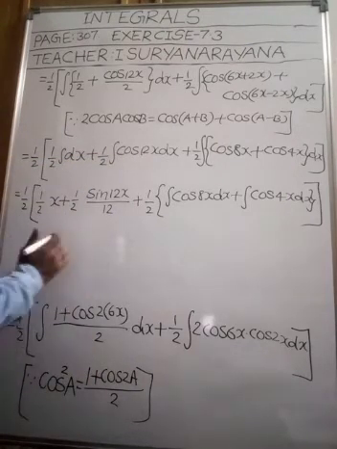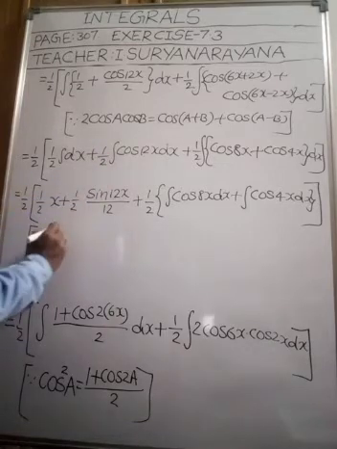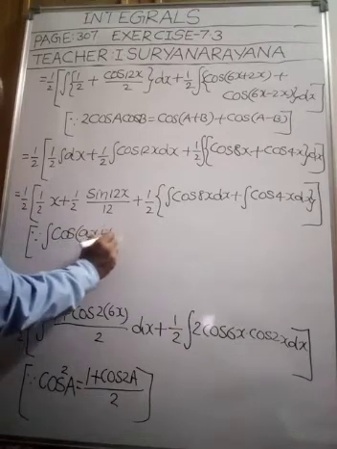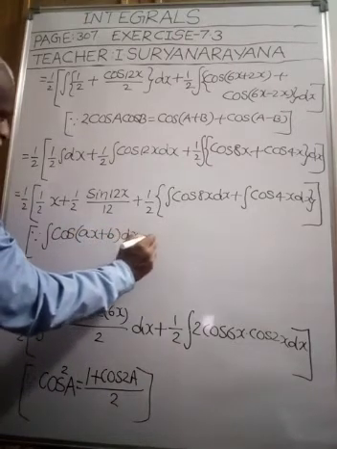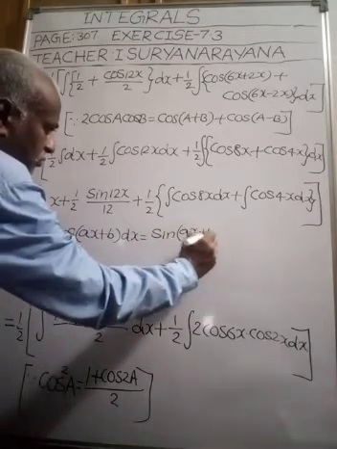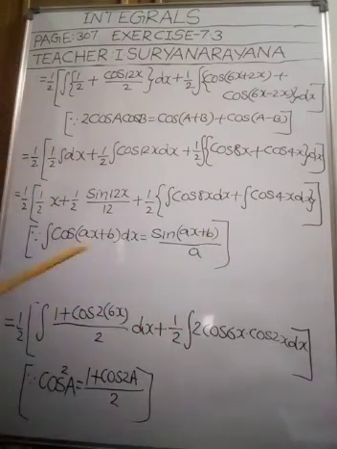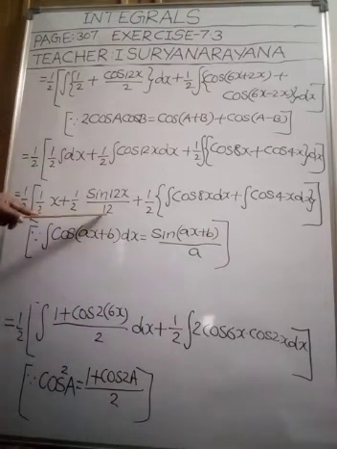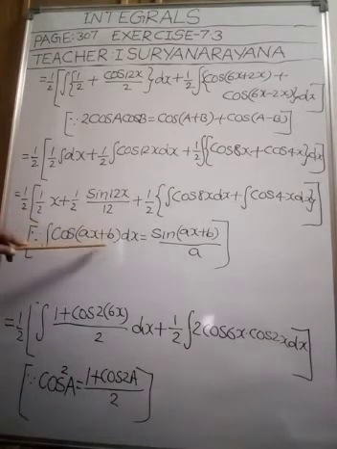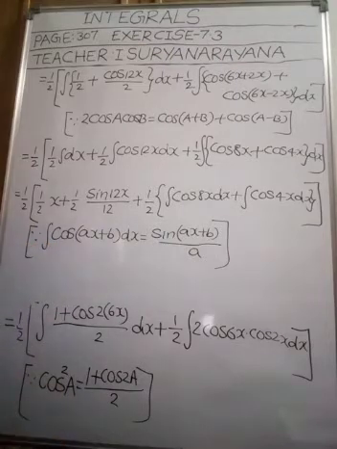Integral of cos of (ax plus b) dx is equal to sin of (ax plus b) whole divided by a. So by using this formula we got this term. Understood, my children? Previously I forgot, so I wrote that formula. Right. That is equal to